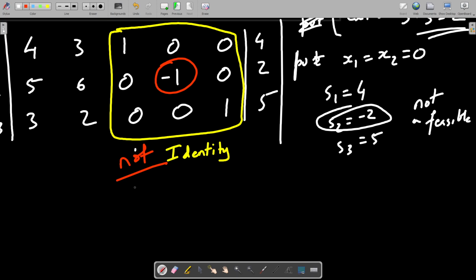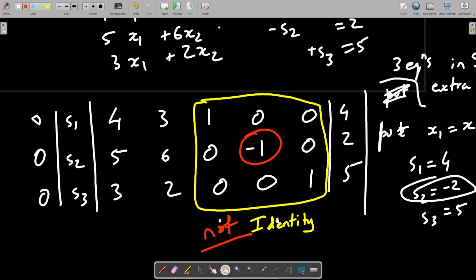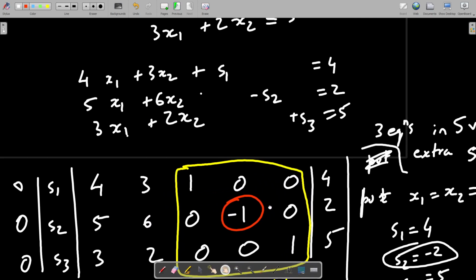Clear? So basically, when you don't have a basic feasible solution, that matrix over here also is not an identity matrix.